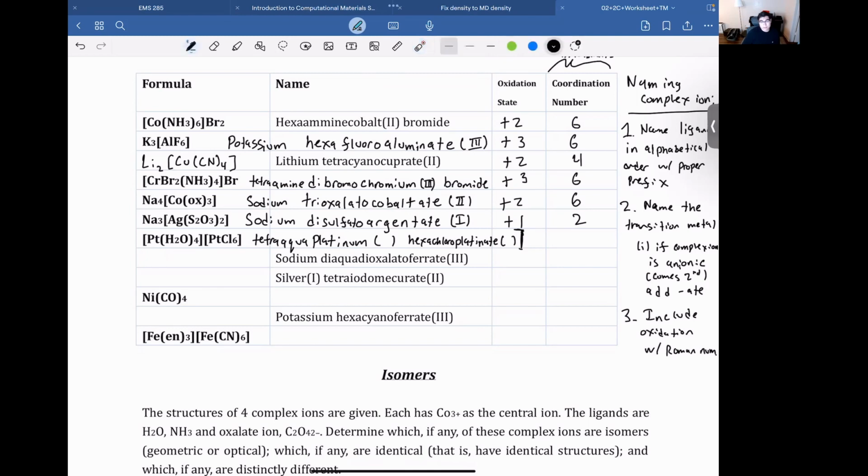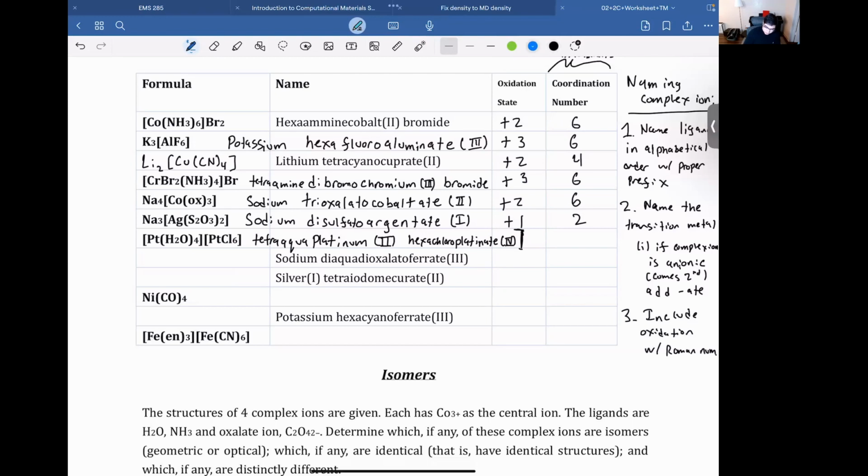Something that is helpful is memorizing the common oxidation states for certain transition metals. Platinum is +2 or +4. So one of these is going to be a +2 and the other a +4, which will cancel out with the -6. Which one you pick actually does not matter, at least in this problem, because there's not really a way for you to know either. So the one I will pick here to be